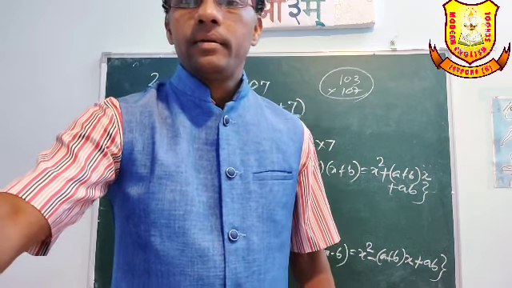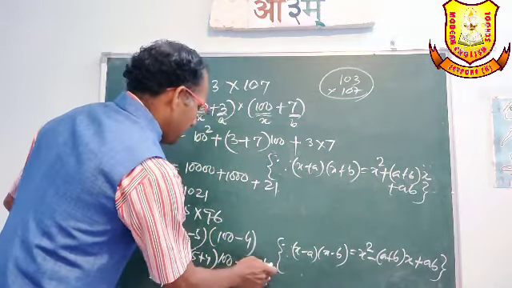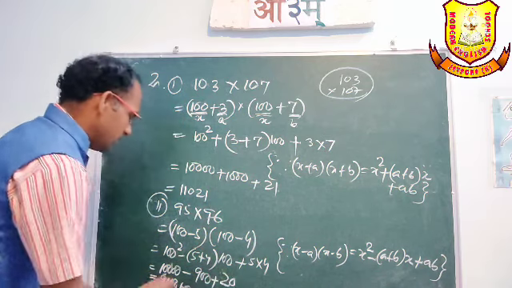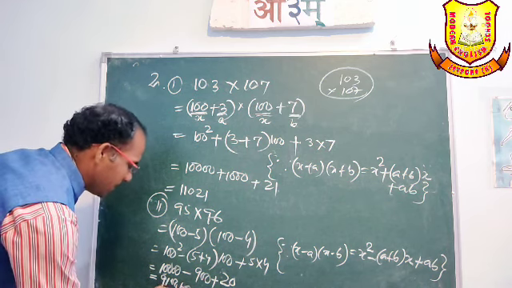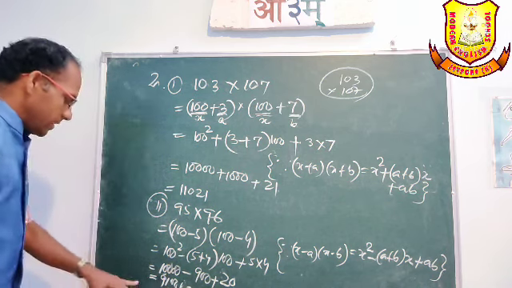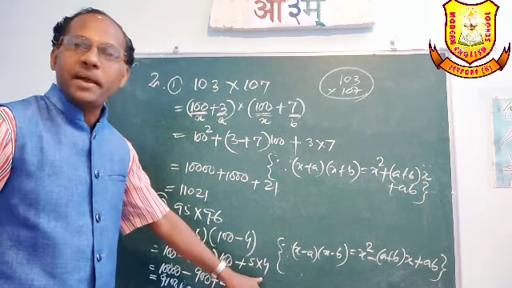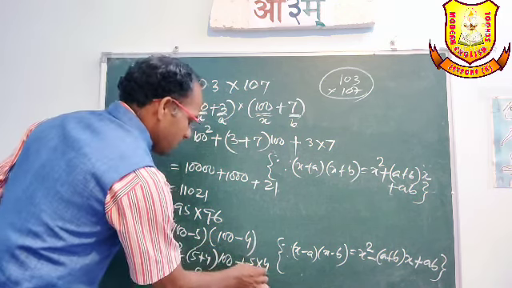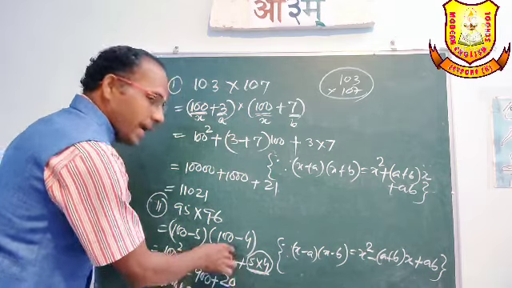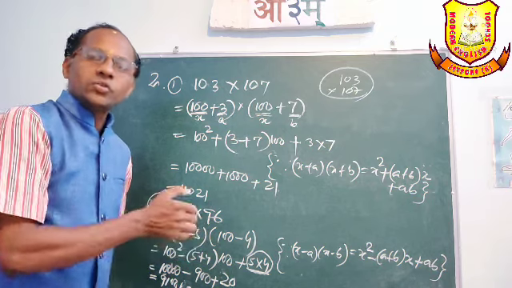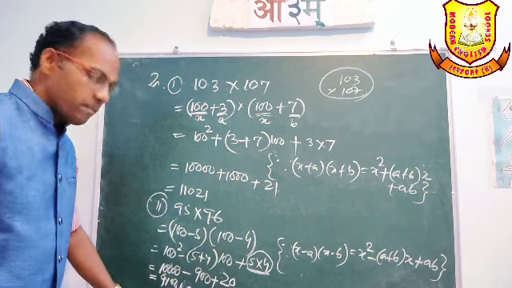Sir, 5 fours are 20, sir. You have written 9, sir. Okay, 5 fours are 20. Very good. Nice. So here we have to write 9,120. Clear? So 9,120. Yes, this is a mistake. Sometimes it happens. 5 fours are 20, but I made the mistake. I wrote 5 plus 4 instead. So students, they may make this kind of mistake. Very good. Thank you very much.